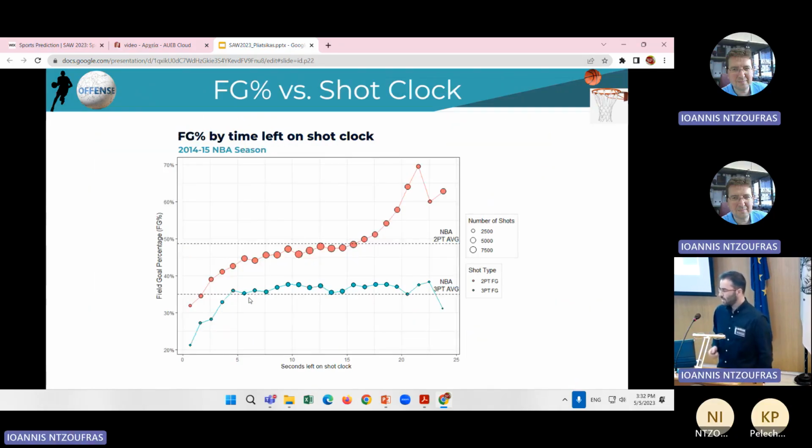We also reviewed how the shooting efficiency is affected by the time left on the shot clock. Regarding the 2-point shots, we observe that players tend to shoot a lot better when more time is left on the shot clock. These shots tend to be easier as they probably occur during a fast break or after an offensive rebound. On the other hand, we see that 3-point shots were not affected by the time left on the shot clock, with the shooting percentages being relatively stable, with the worst ones occurring near the end of the shot clock, which is usually the result of a good defense.